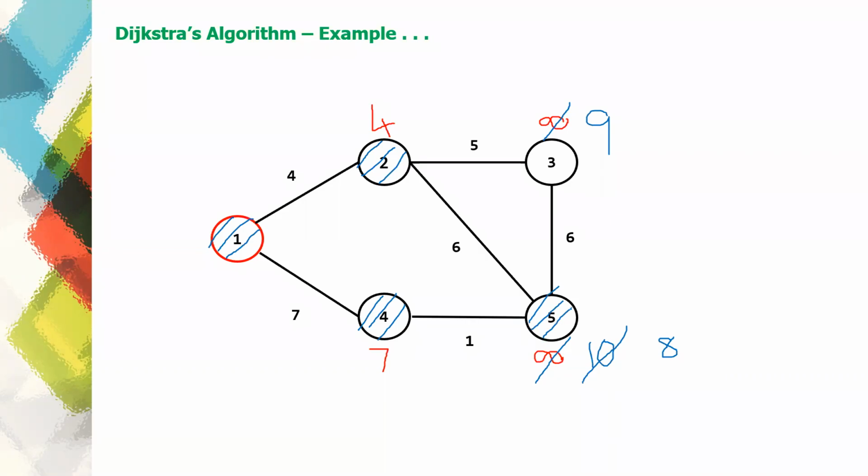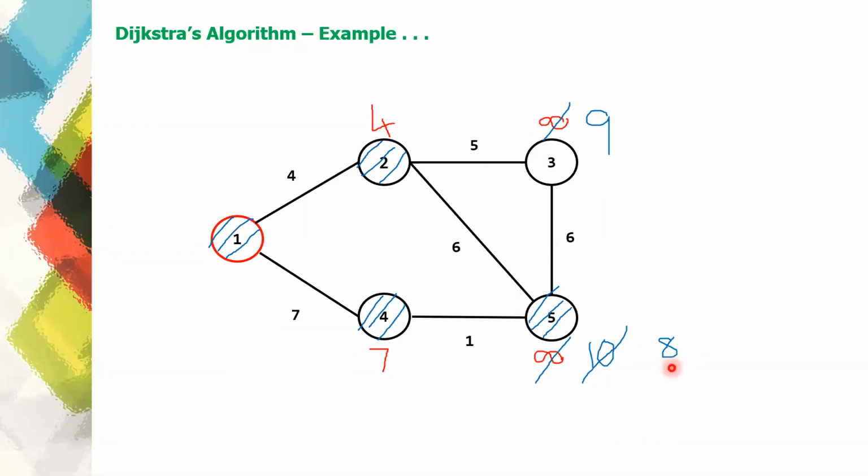Now try to apply the relaxation technique. For applying relaxation technique, check what are all the nodes that are connected to 5. Node 5 is connected to 4. It is already visited. Node 5 is connected to node 2, which is already visited. Node 5 is also connected to 3. Now I have to apply relaxation on this node 3. For that, I'll have to check whether I can relax node 3 or not. For that, I have to perform addition of